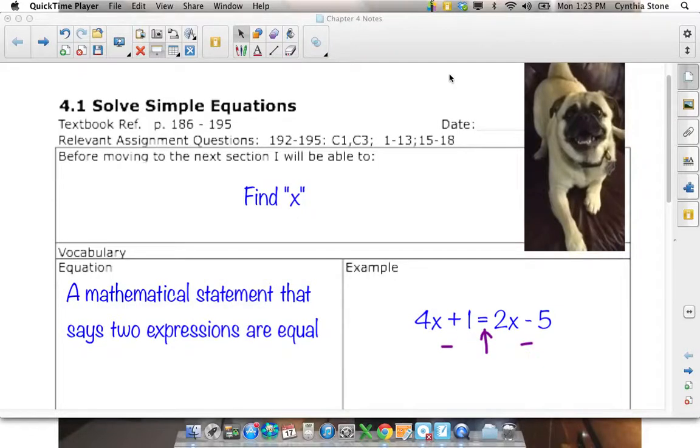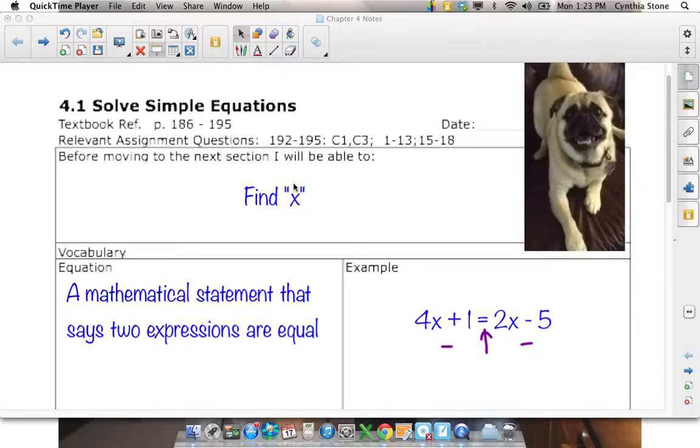Of the grade 9 academic course. This whole chapter is on solving equations, and by solving equations I mean find x, and by the end you'll certainly see what I mean. I know that you have done solving simple equations in earlier grades, but it's time to get really good at it. Okay,